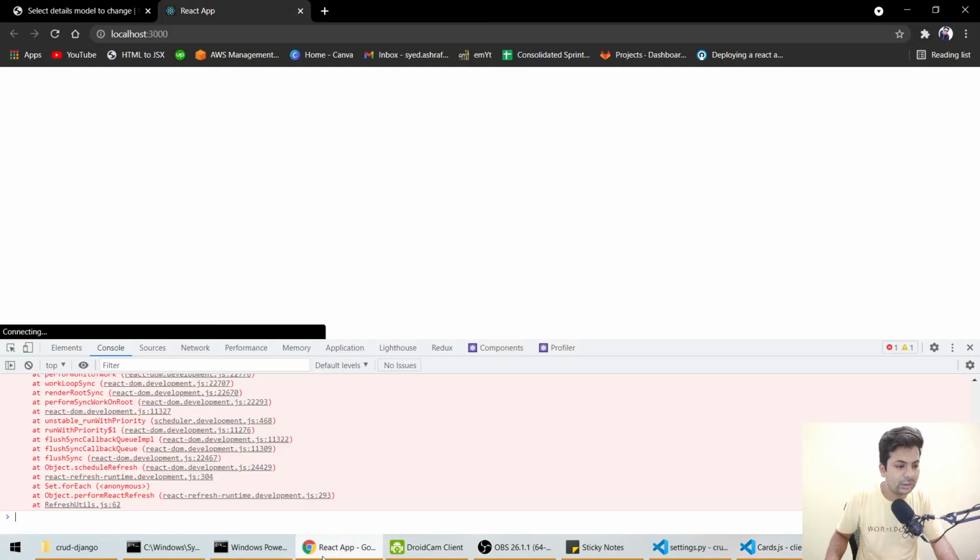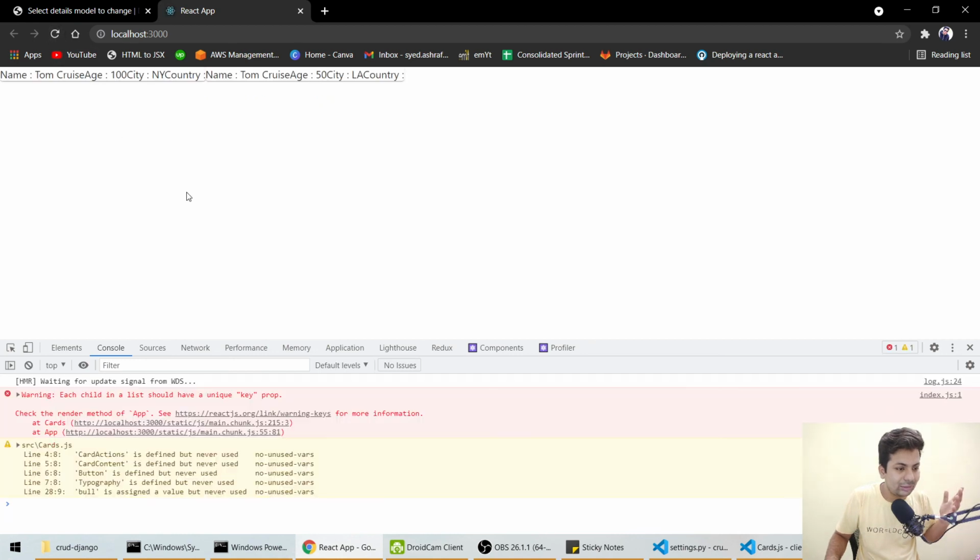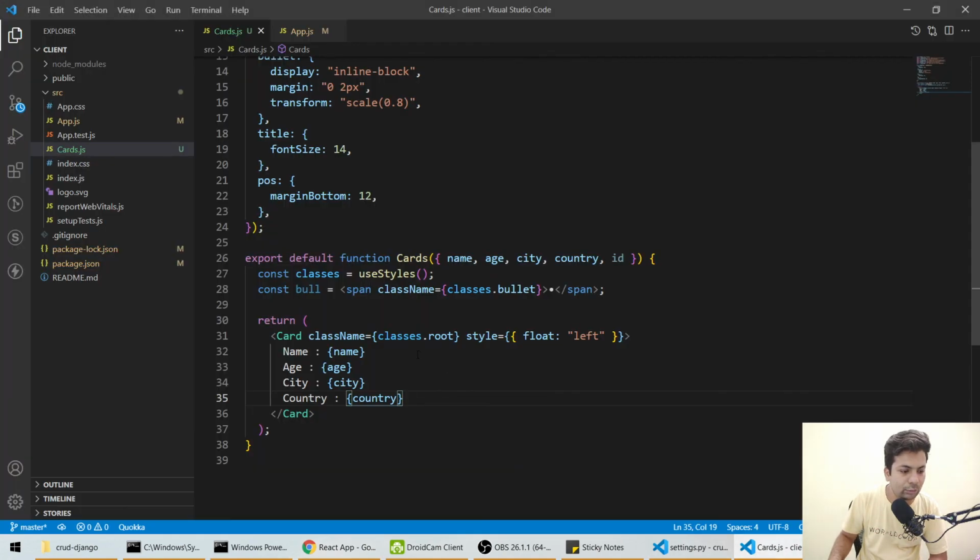Let's save it. It's showing some error also, a warning. It looks like it is sending the data but there's so much blunder. I think I have to put br and all that, so I'll say h1, cut and paste it here.